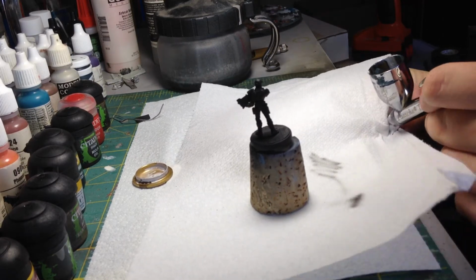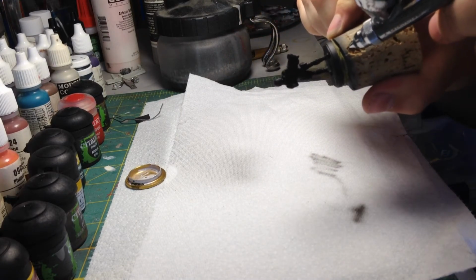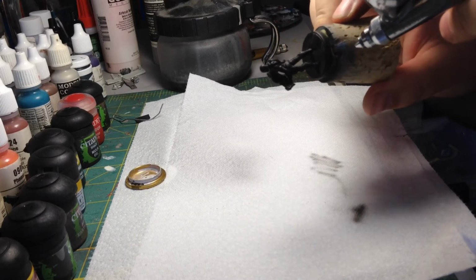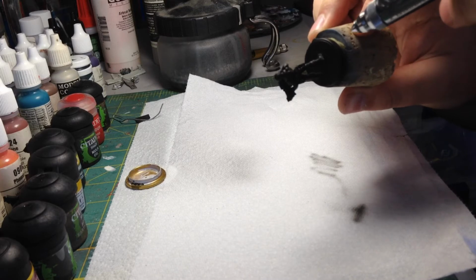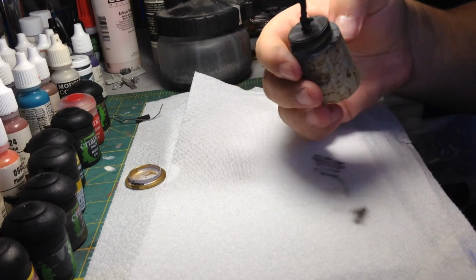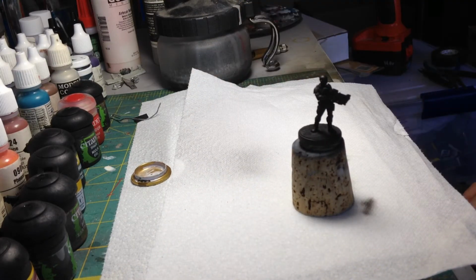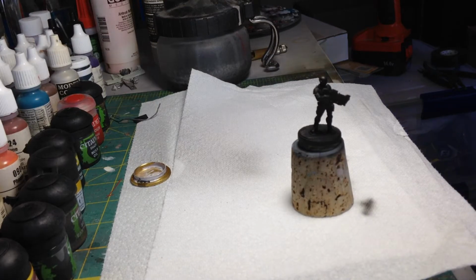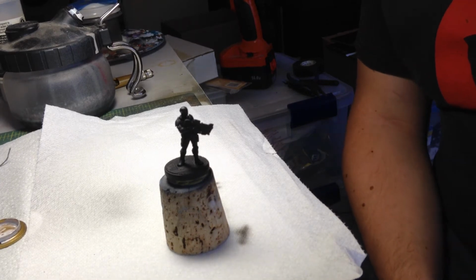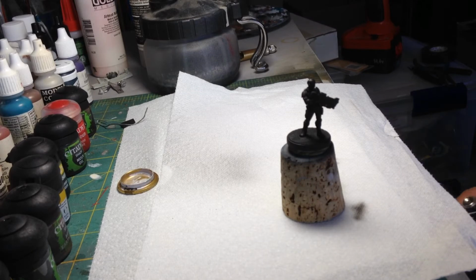Yeah, I think we're about done here. Just look at them real quick. I got a little more underneath here. And we're about good. So now we have a nice black finished up Prowler. I hope you can see him. It's probably kind of difficult to see without the light in front. And now I'm moving the camera. But that is priming